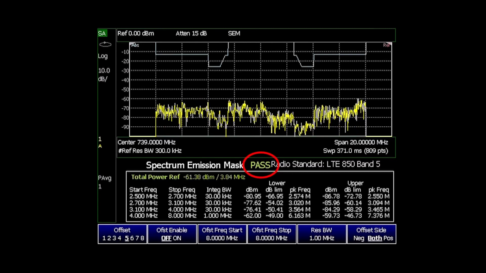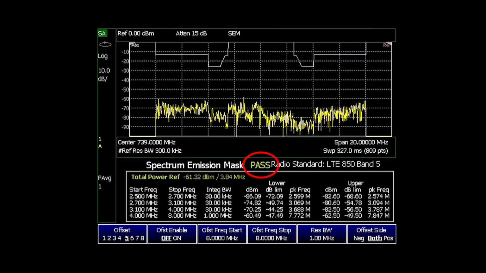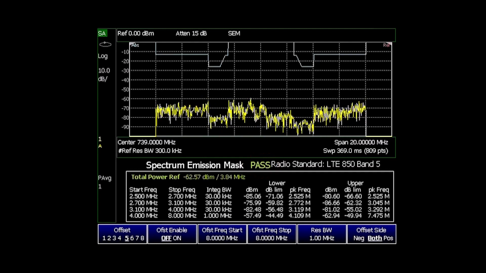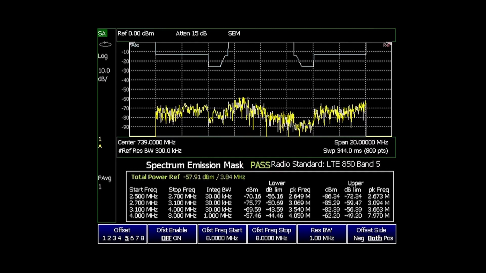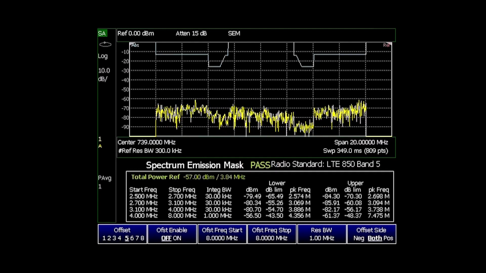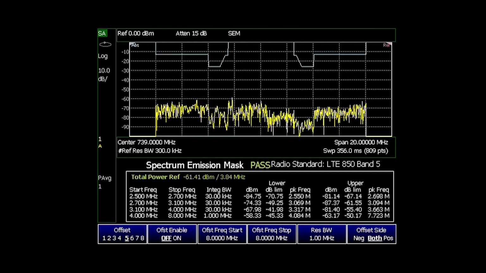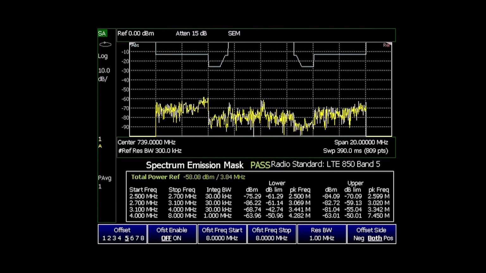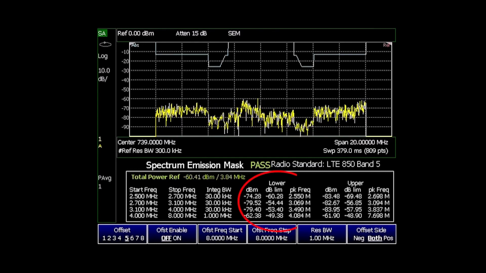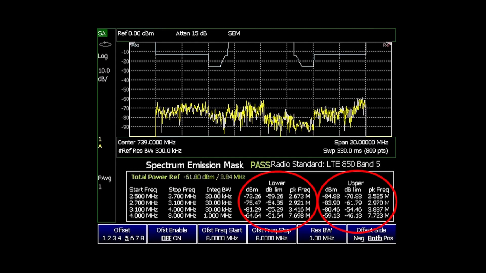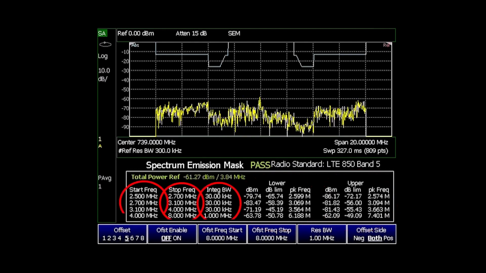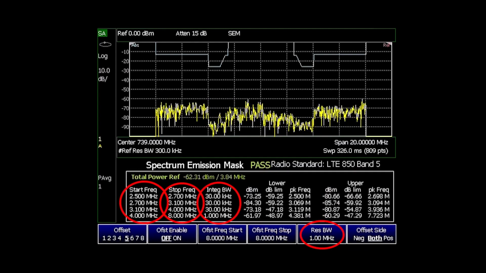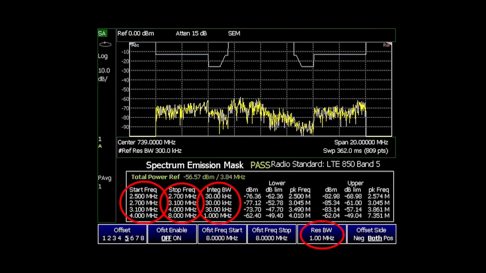It measures the excess in-band and out-of-band emissions that interfere with adjacent channels and other systems. The SEM function measures the levels of spurious signals in several pairs of offset frequencies and relates them to the carrier power. It performs a segment sweep, segmenting a different frequency on the lower level and upper level from a reference center frequency. Each segment may have a different frequency span, resolution bandwidth, and different integrated channel bandwidth settings.